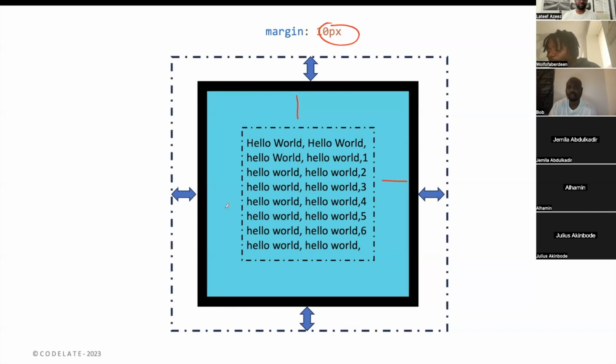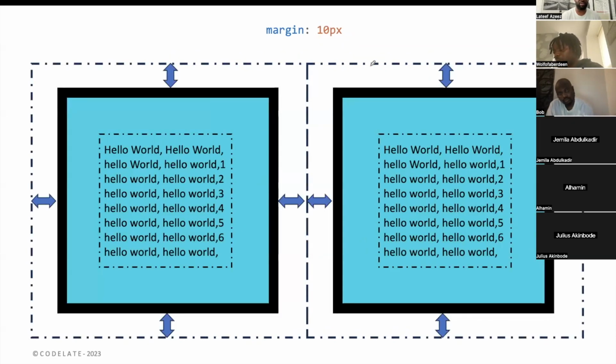Okay. So this adds some external space, and any element that is attached to this div will be pushed away by what we are setting. In this case, we're setting a 10 pixels margin. So we discussed this, and then we also explained that you have to be careful depending on